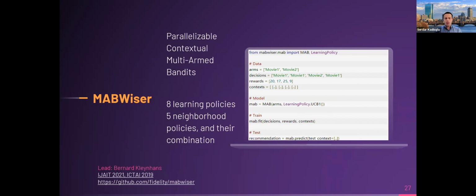Okay, so at the time when we were studying these algorithms, there were not many options to use multi-armed bandit algorithms in a native Python tech stack. And in order to fill this gap, we built Mabwiser. And here's how it looks. I'll walk you through this case. Let's go back to our movie